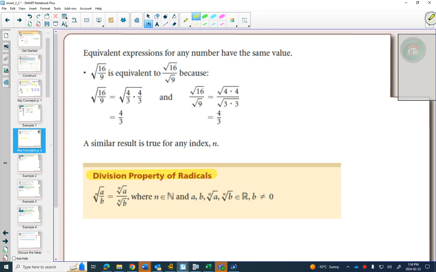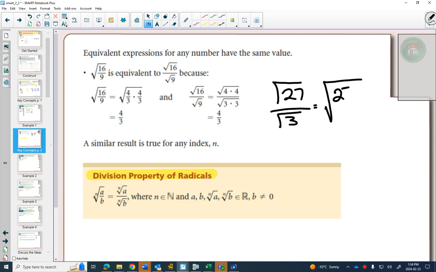So if you had something like this, you wouldn't know. Does anybody know what the square root of 27 is to 25 decimal places? Okay. Do you know what the square root of 3 is to 25 decimal places? No. But the square root of 27 divided by the square root of 3, using the division property, is the